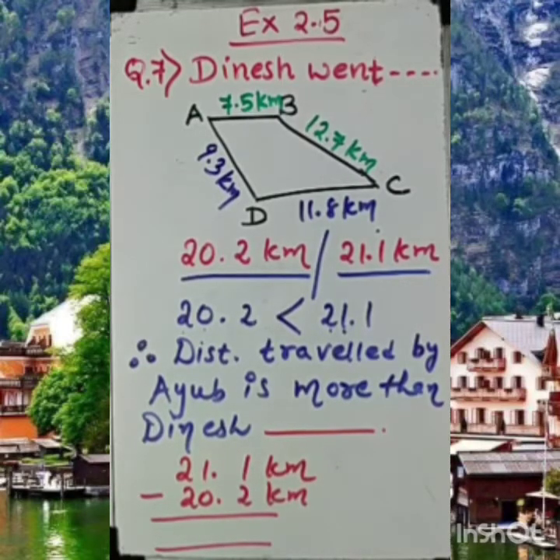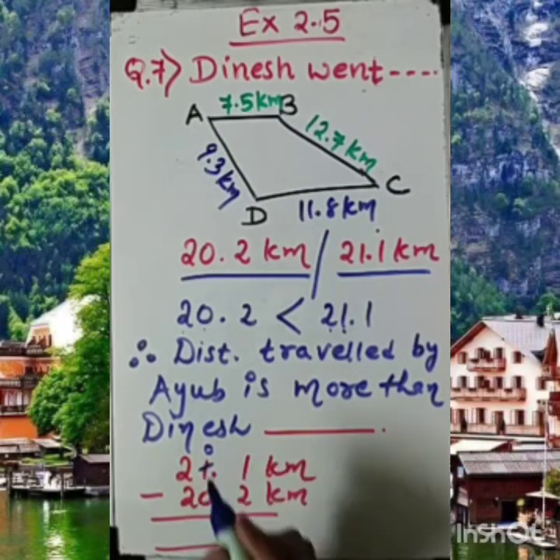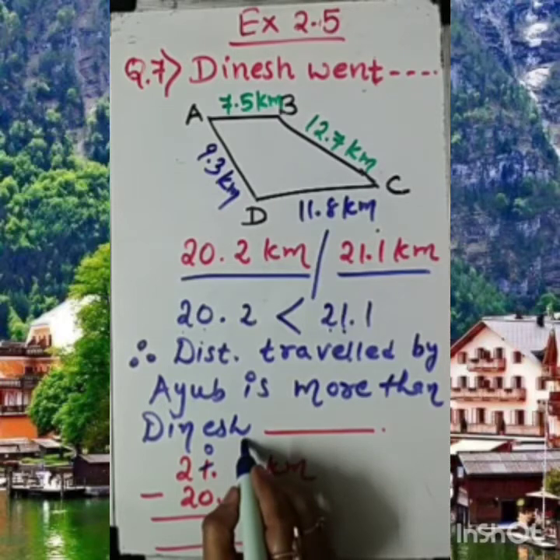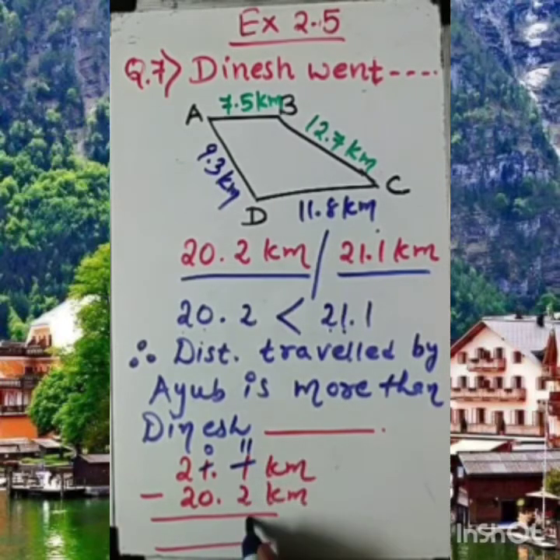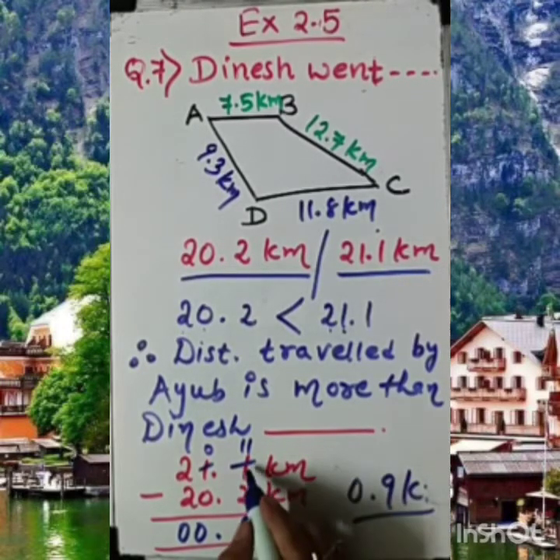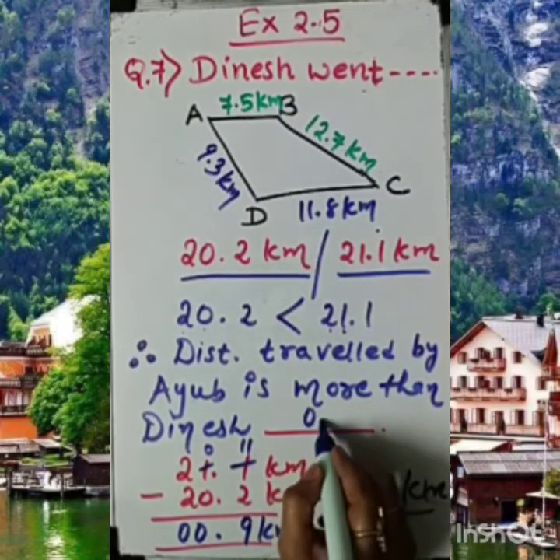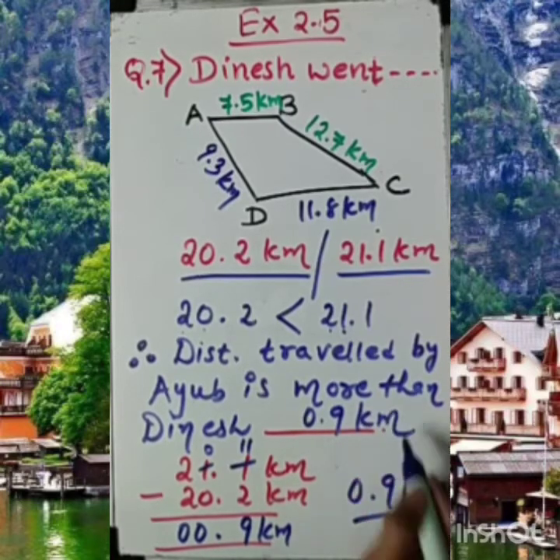Dear student, you will say, ma'am, it's not possible to subtract 2 from 1. So we need to borrow, not carry over, borrowing from here. So it is 0, and that will be 11. 11 minus 2 is 9. This side it will be 0, 0. So what is the distance? 0.9 kilometers. So the answer is 0.9 kilometers. This much is the question.